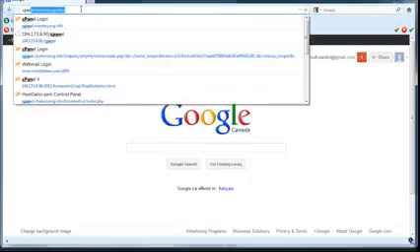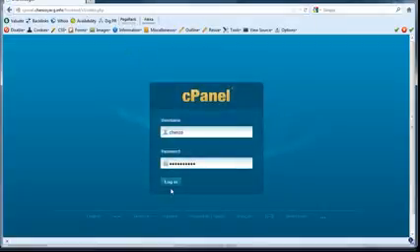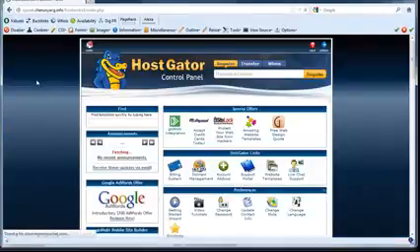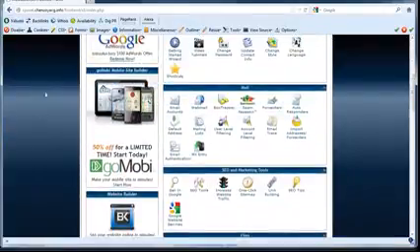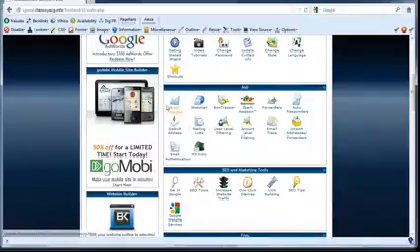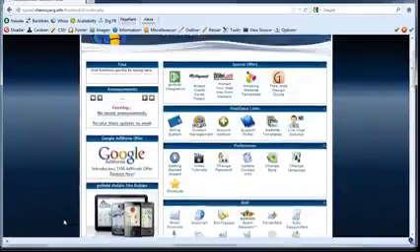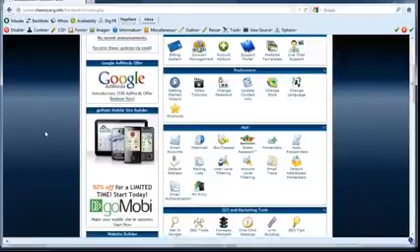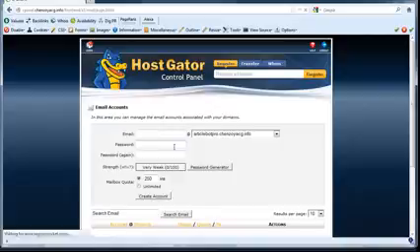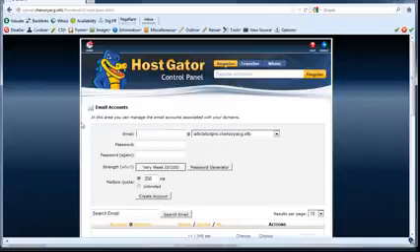So I'm just going to log into my cPanel. Right, so you can see I'm in my cPanel. This is pretty familiar for most people, but a lot of people may have never seen this before. Over here we have something called email accounts. Click that, and that'll bring you to this screen where you can create an email account on one of your domains. So I'm going to just give my email address a name of, I don't know, demo October 3 2012,